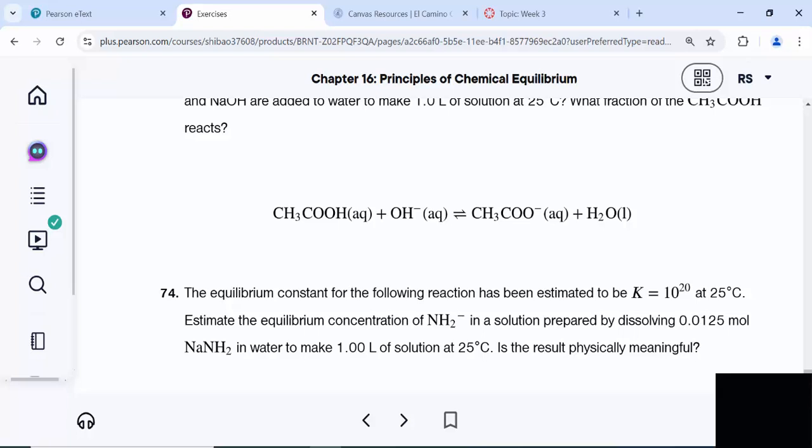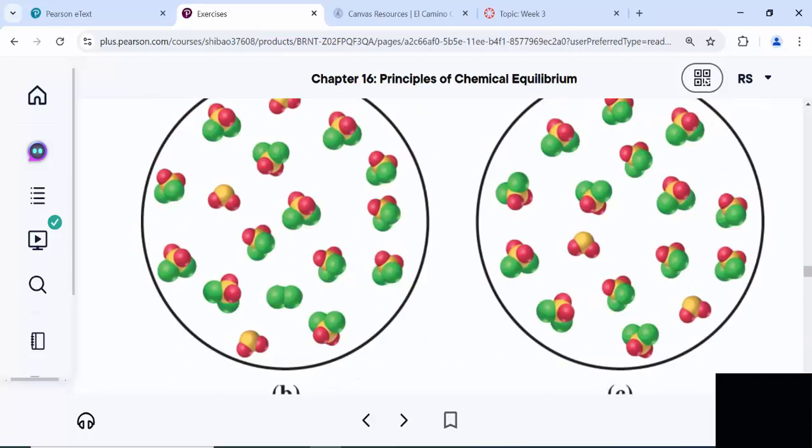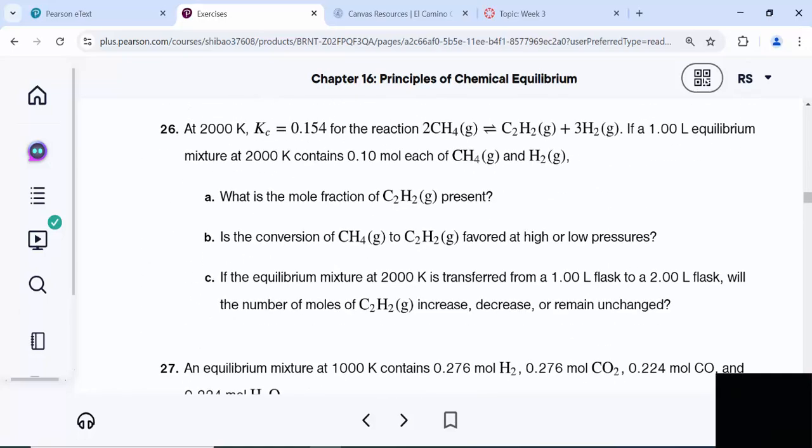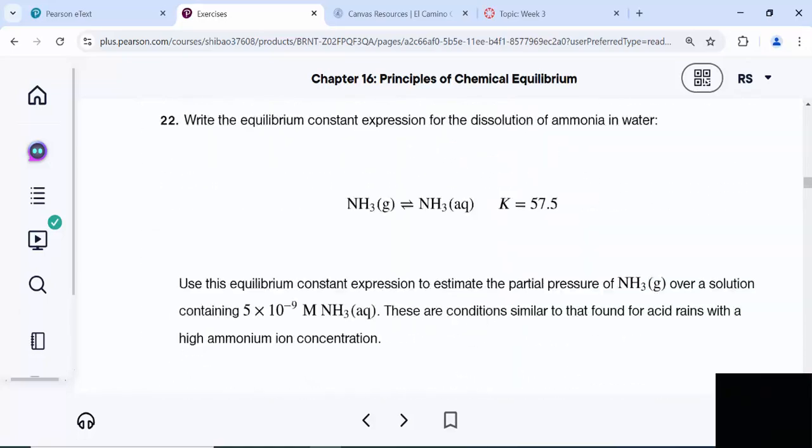But what happens if I exceed that number of digits? What will the calculator do? Will the calculator crash if I exceed the number of digits? No, it doesn't crash. But what happens is the calculator rounds the number. If your calculator rounds the number, then you have a potential problem. And this problem comes up when we have